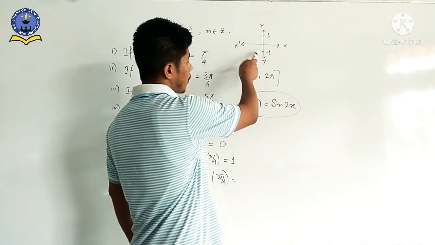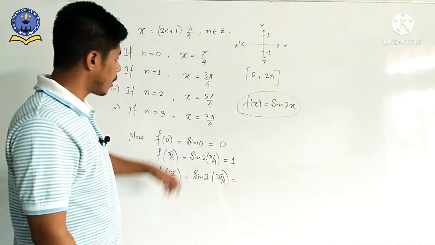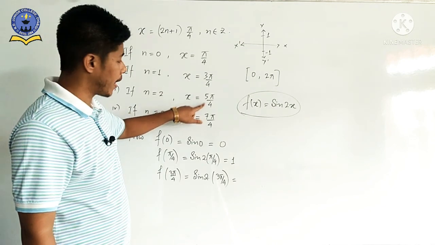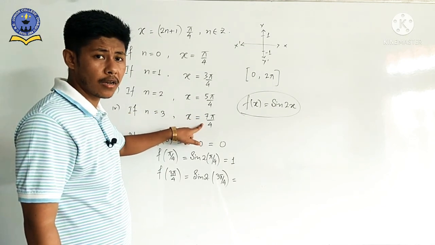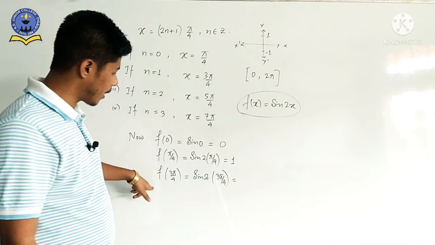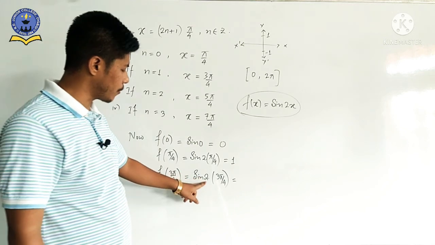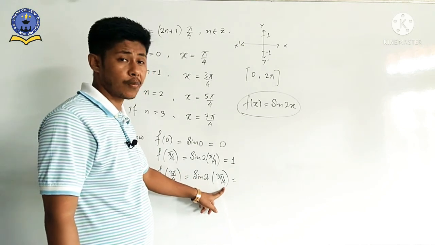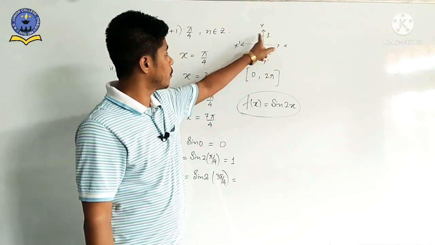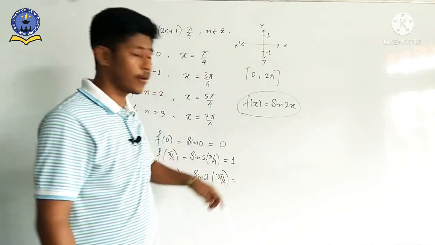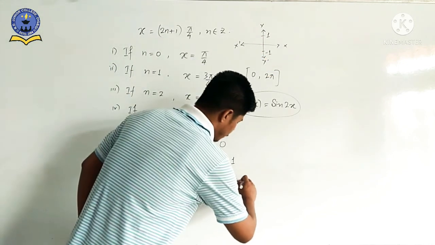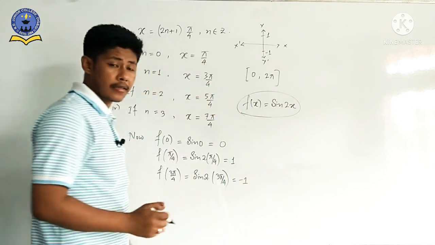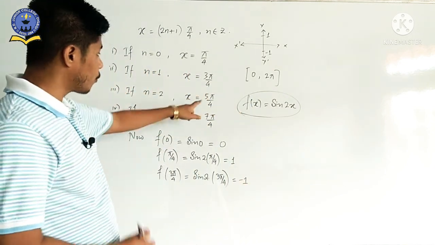This one 6 times pi by 2, 7 times pi by 2. So now here this one is 5 times pi by 2, again 7 times pi by 2. Isn't it? So if we put them one by one in this way, then when we cancel this 2 with 4, we get 3 times pi by 2. So that means pi by 2, 2 times, 3 times. So 3 times means what is the answer? Here the answer is minus 1. Is it clear?